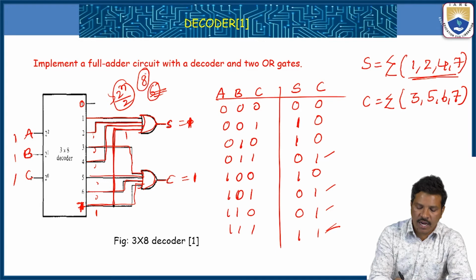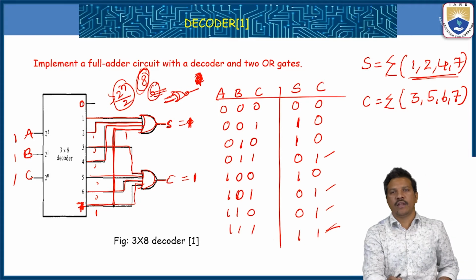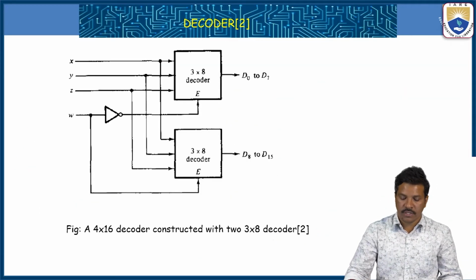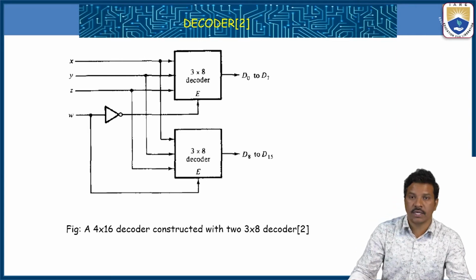Rather than taking all 8 outputs connected to an OR gate, you just take the 2 outputs connected to an OR gate, then take the F bar output. Or you can take the remaining 2 outputs connected to a NOR gate, then you will get the same output. You prefer it that way. This is one thing. And the second way of asking questions in examination,